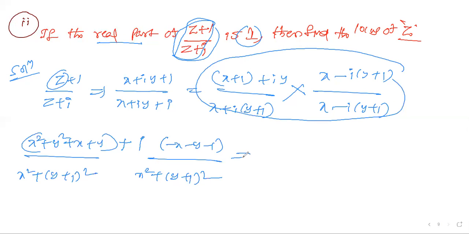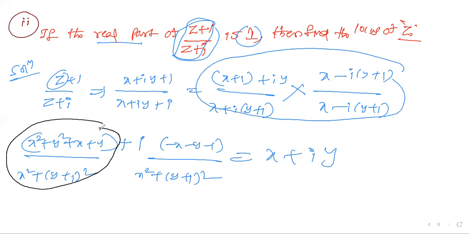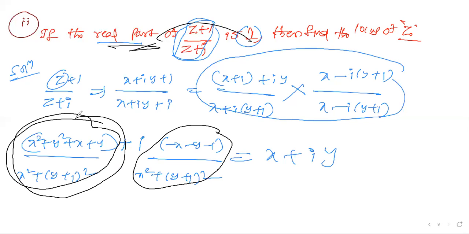Now it's clear. Now it looks like the x plus iy format. Clear for this? So this is the real part now, and this is the imaginary part for the given question. Clear? Yes, sir. They mention the real part is 1, so this value is equated to 1. You'll get a condition of the locus. So I make it equal, real part is 0.